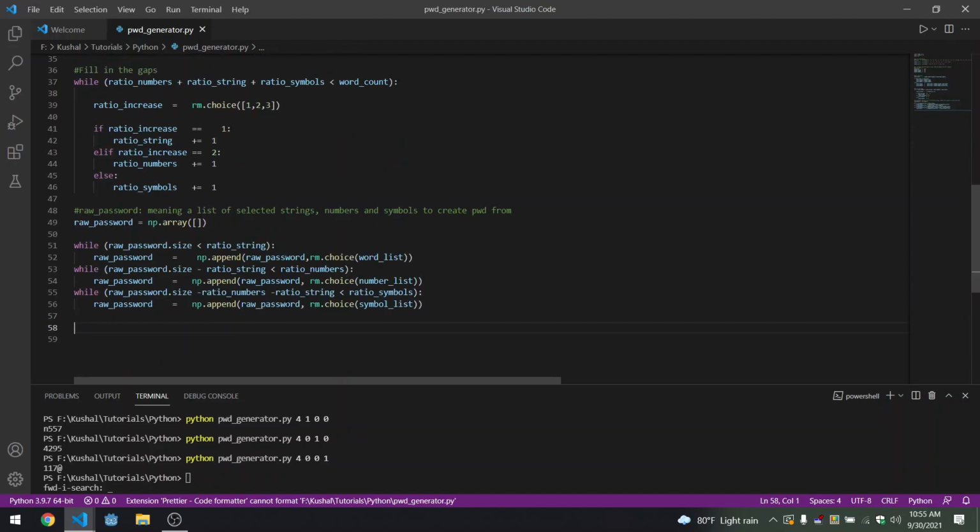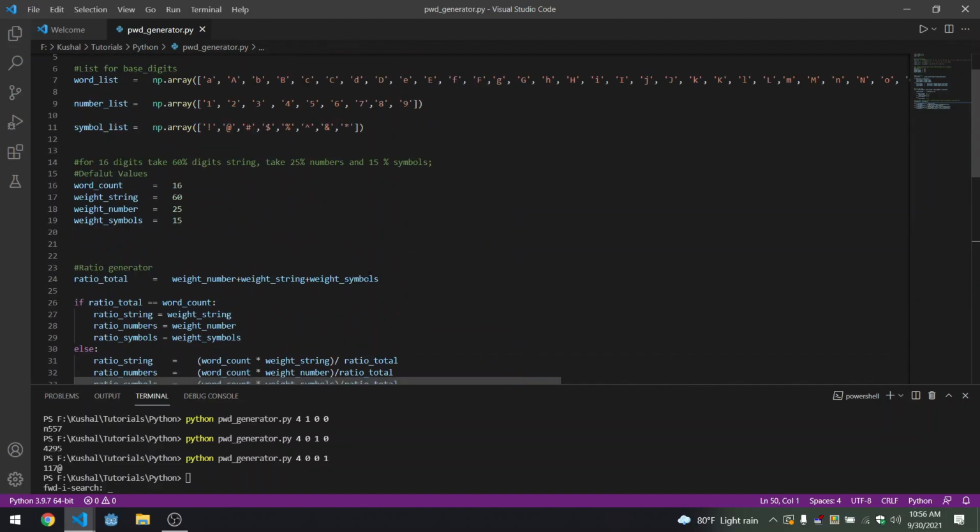The next thing I have written here is I created a raw password. A raw password is a numpy array of empty strings, or rather an empty list. So what it does is, while its size is less than the ratio of string, it adds a new value to the raw password from the word list. So this rm.choice chooses a